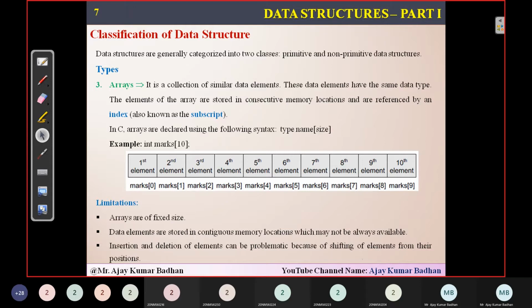The next thing we discussed is that insertion and deletion will be problematic here. Why will it be problematic? Because inserting an element somewhere in the middle of this array, or removing an element from the middle, is very difficult. You can do it sequentially, but you cannot delete an element from the center portion, like the eighth, ninth or seventh element. Either you remove elements sequentially, one after another, but you cannot remove one in between, and you cannot add any element in between. Those are the limitations this array has.